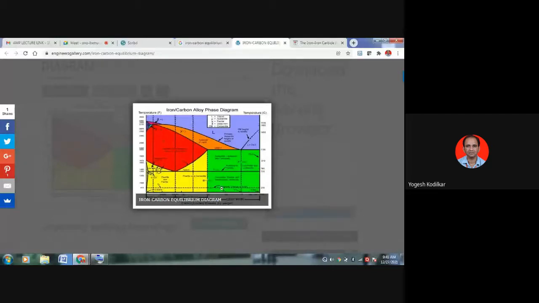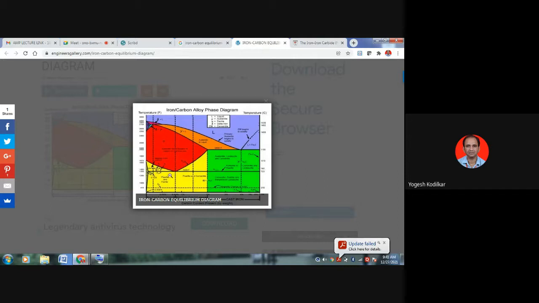And here, above this 2% of carbon, there is cast iron material. This cast iron material shows the cementite structure, the cementite phase. Cementite means Fe3C, where one carbon atom reacts with three ferrous atoms. That is the cementite phase at the higher carbon percentage. When the carbon percentage increases from 2 onwards, the carbon doesn't remain stable. It reacts with the three ferrous atoms, and that forms Fe3C, or the cementite structure. So this is your iron carbon equilibrium diagram showing the